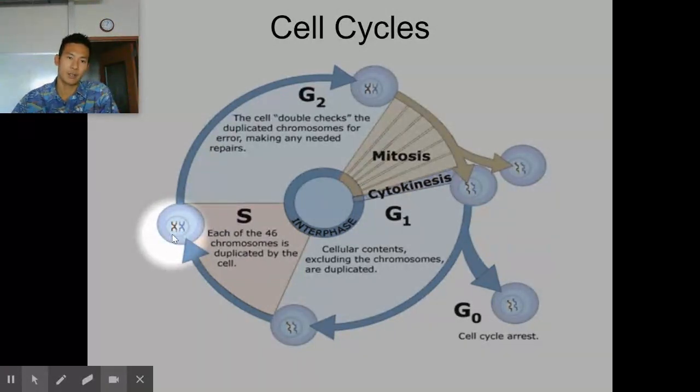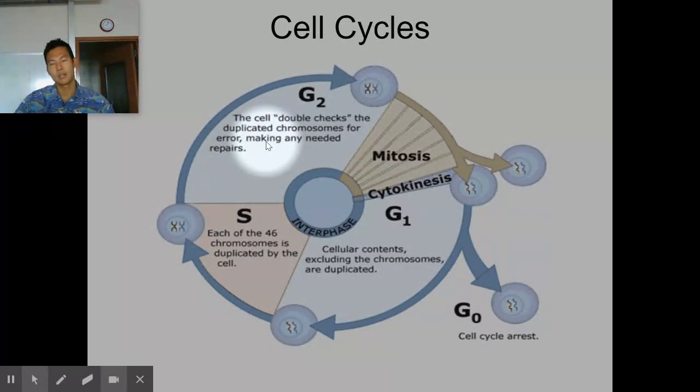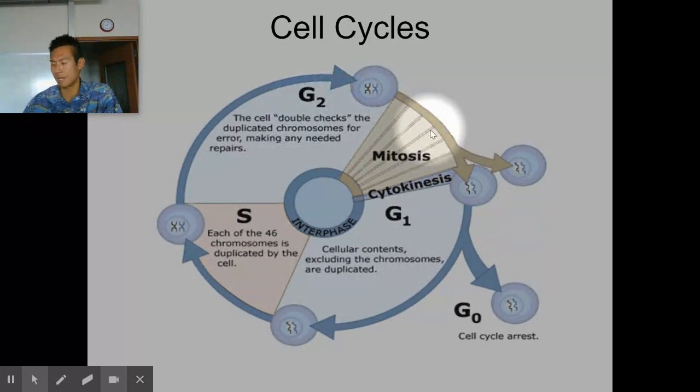From here, it goes into the gap or growth 2 cycle of the cell's life cycle. It double checks the DNA, makes sure it's good, and then from there it will go through M cycle. Because M cycle is complicated, we will go through each of the phases of M cycle, and that is your lesson on mitosis.